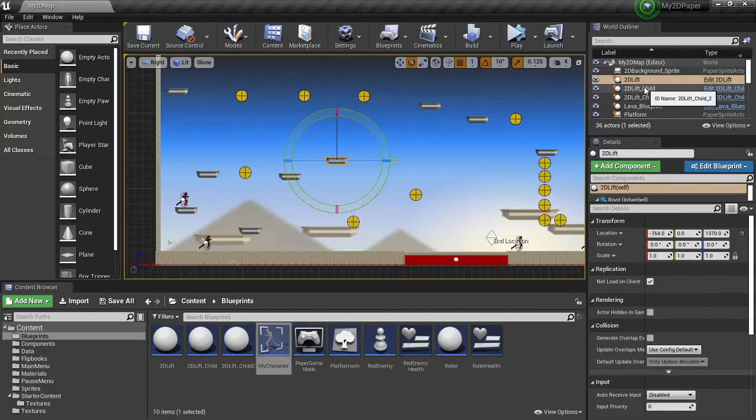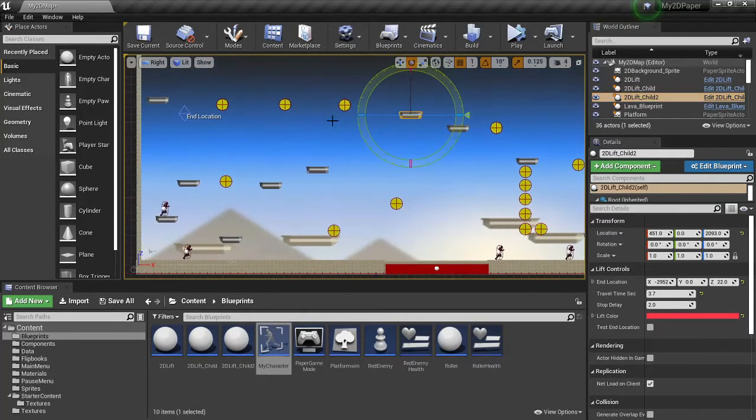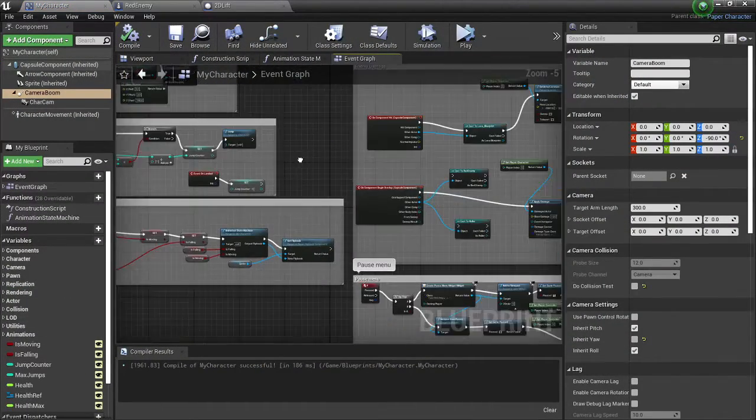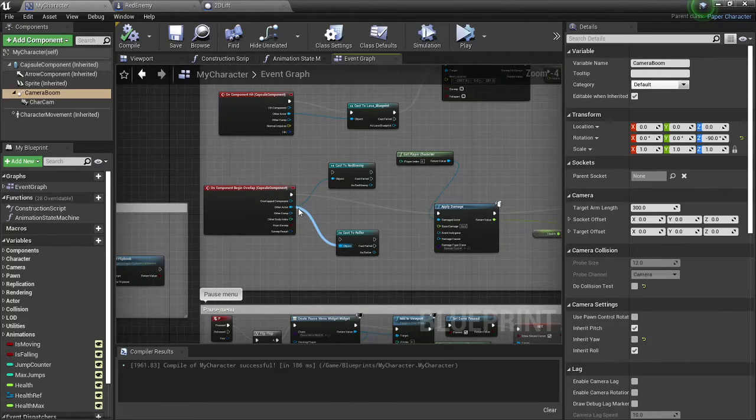So then we also have these two children here and up here, just because we wanted different speeds, different timings for these locations. Then we have the enemy damage. So if I'm looking over here, if we look at